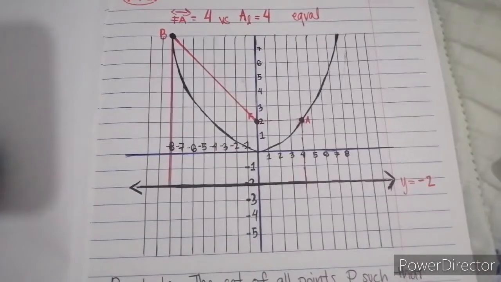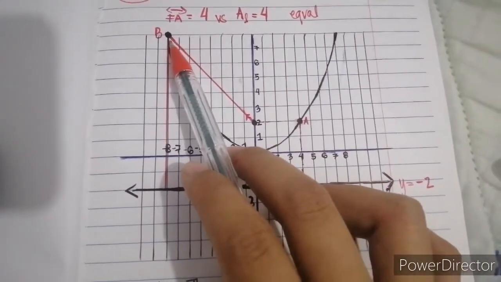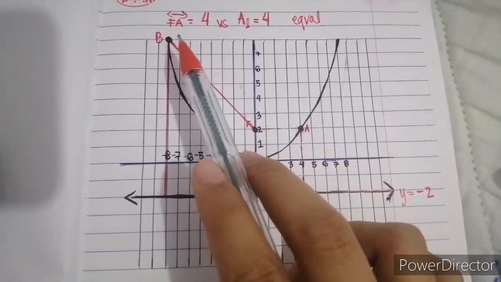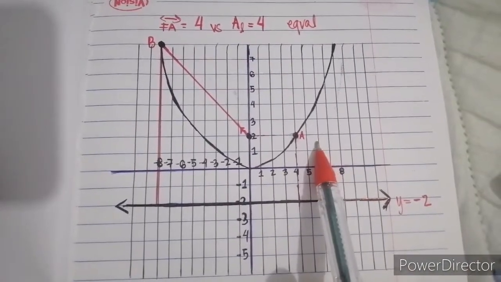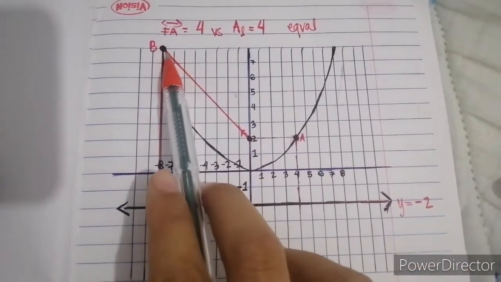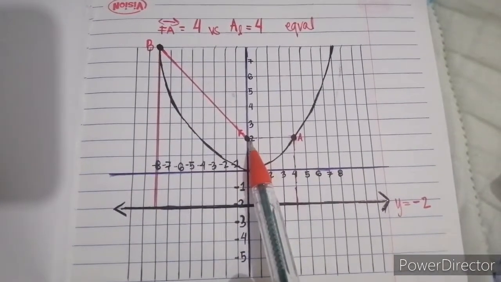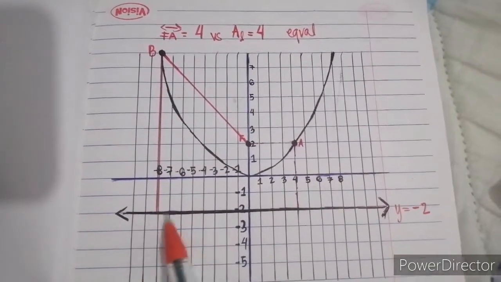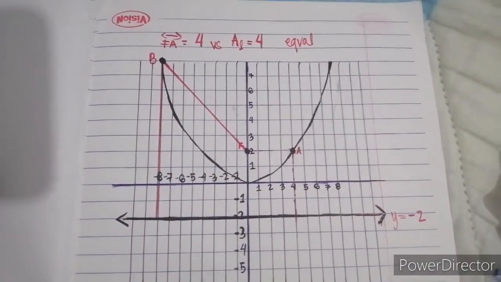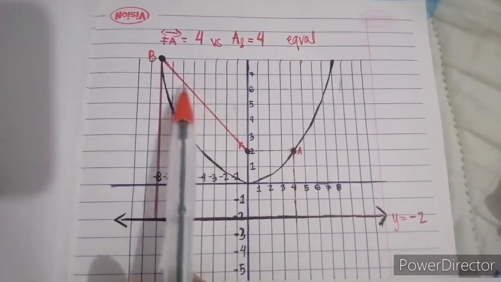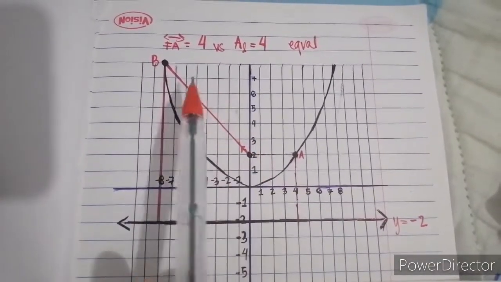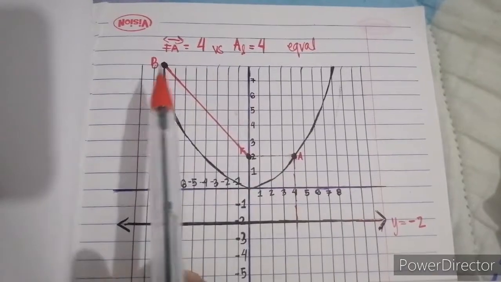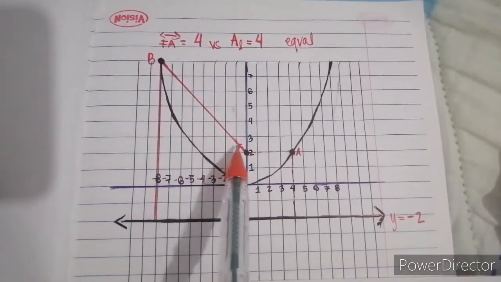Let's try another one. We have here point B with coordinates (-8, 8). Just like what we did previously, we are going to find the distance from point B to point F and the distance from point B to our line. There are instances where you cannot actually count the distances, like point B to point F. Since the endpoints are given, we are going to solve it